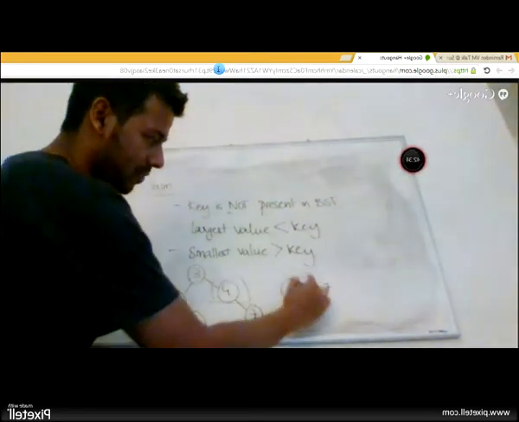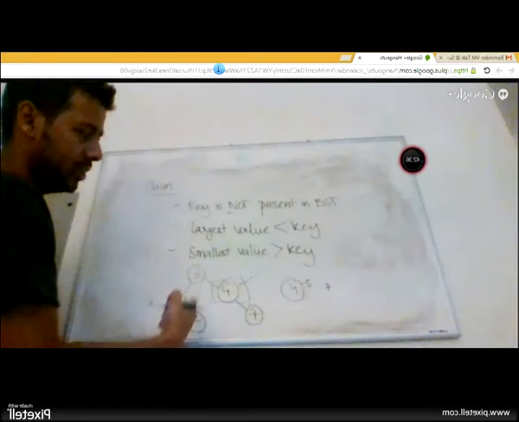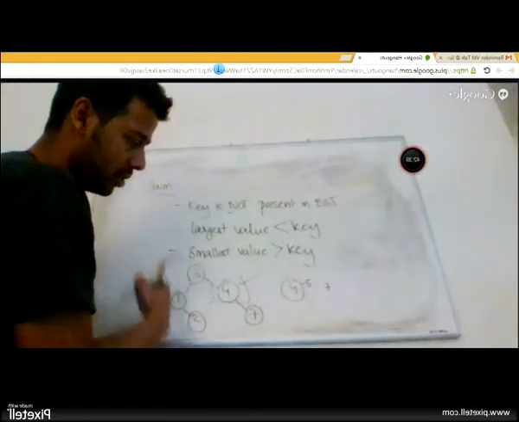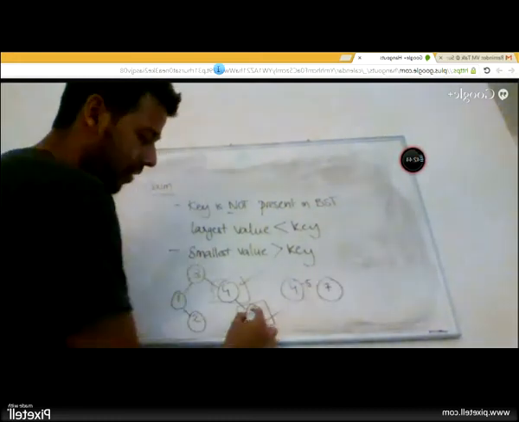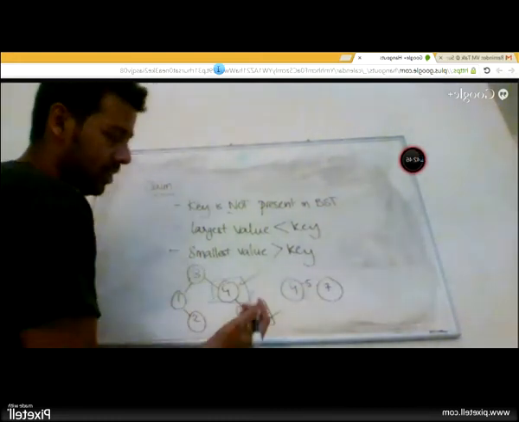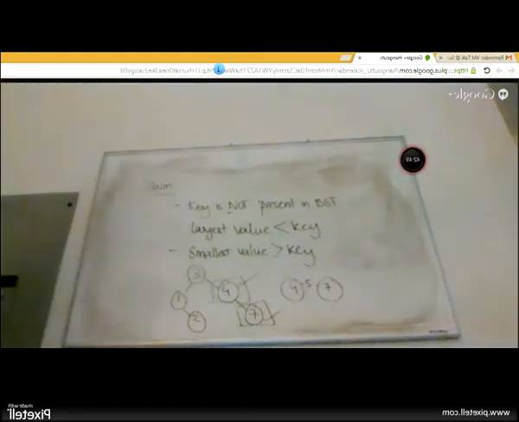So I have already accessed the in-order predecessor. 5 is greater than 4, so I go to the right. Now I have accessed the in-order successor. 5 is lesser than 7, I go to the left, but it is null, and I say that the key is not present. So it is 100% true that if a key is not present in a binary search tree, you are going to access its in-order predecessor and successor, pretending that the key was actually present in a binary search tree. And this actually helps us answer a lot of questions. Most of the interview questions ask you to do this.